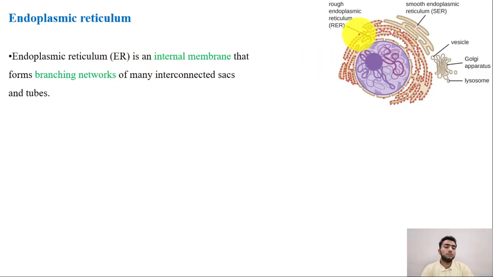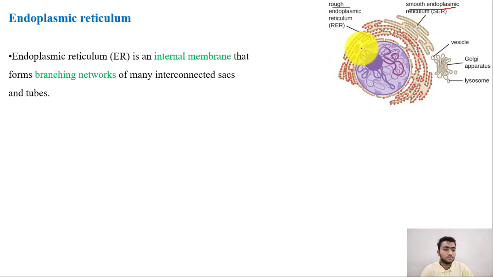If you see these sorts of structures which are invaginated or have infoldings within them, then you must immediately be able to understand that these are endoplasmic reticulum. Now endoplasmic reticulum are of two types. One is rough endoplasmic reticulum and another is smooth endoplasmic reticulum. A smooth one is called so because it's not studded with ribosomes. A rough endoplasmic reticulum, on the other hand, has various ribosomes present around its structure.